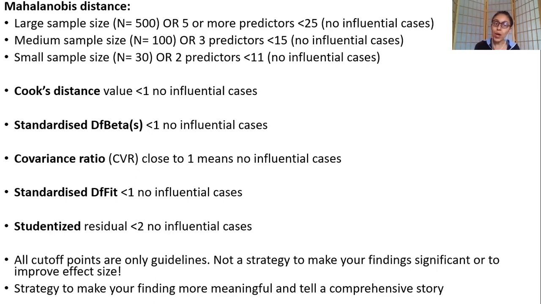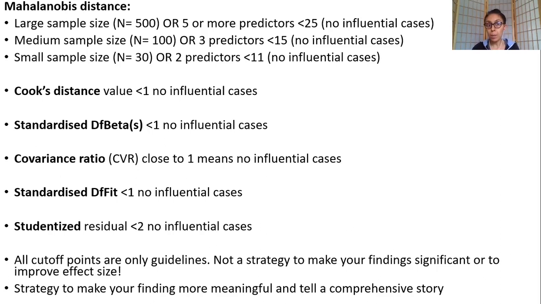All right. So when you actually run regression in SPSS, I'll just keep saying SPSS because that is what we are using at UC. All right. So when I run regression in SPSS, and this I do for all of my research, whenever I do regression, then I check my Mahalanobis value, which I have got out of SPSS, against these reference indices to see whether I have any influential cases or not. Okay. Then Cook's value should be less than 1.